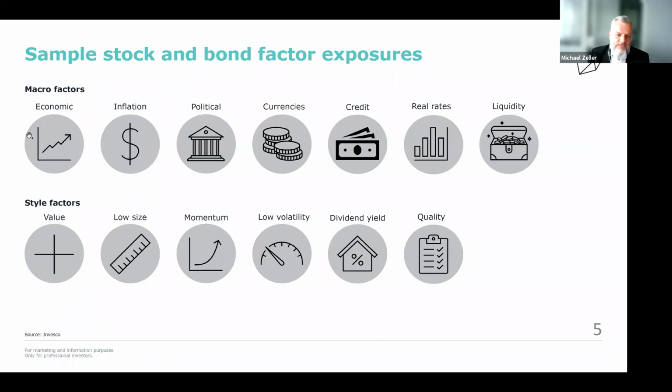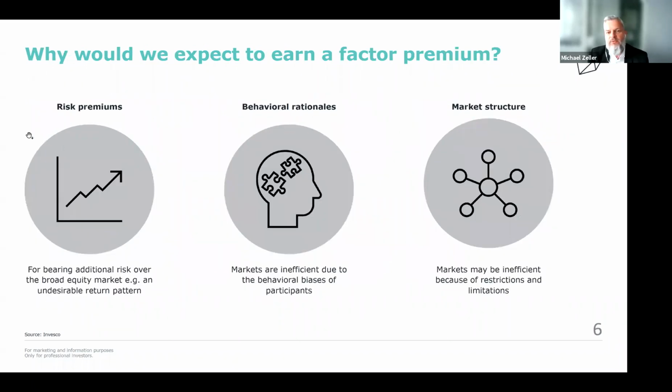So on the next slide, the big question is, of course, why would you earn a kind of factor premium? What is the rationale behind it? What is the reason? So there are different explanations. One explanation asks whether this might be a kind of risk premium, so that you get an excess return for bearing additional risks over the broad equity market. So for example, if you would refer to the so-called size factor,